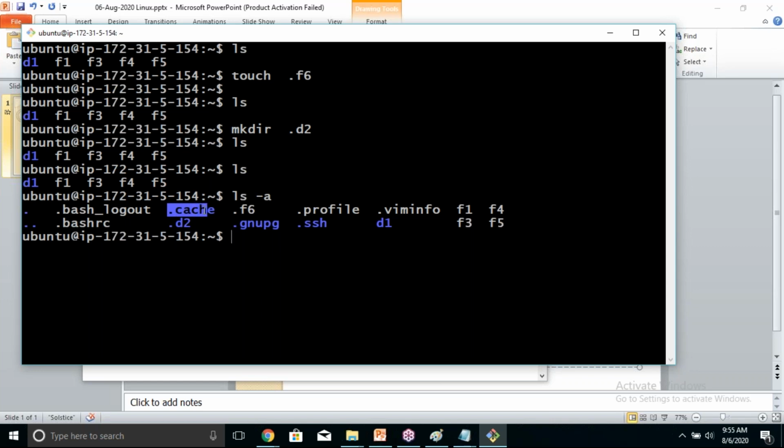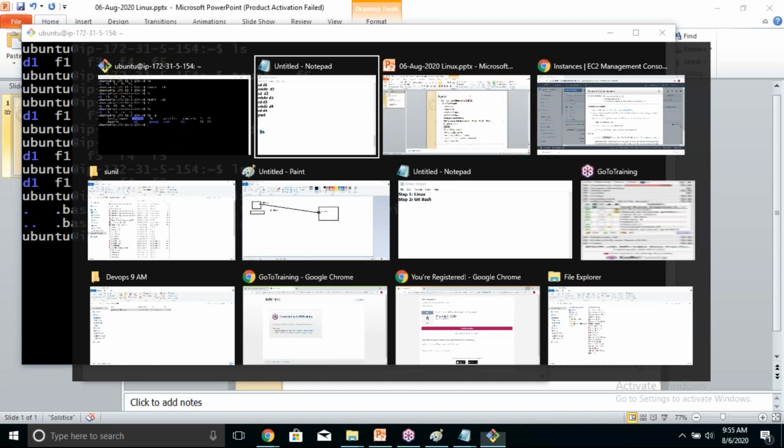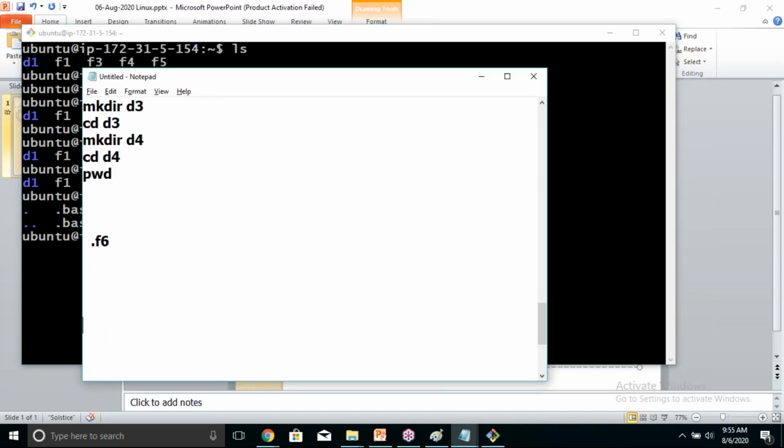Let's say you want to know the date and time when this hidden directory got created. You want to know the size of the hidden directory. You want to know the owner of the file. Owner of the file is nothing but the person who has created this particular file. This kind of more information you want to see. Yes, we can see it. Look at this. As of now, with respect to ls, we have come across three options. One is the normal ls command, which will show you a simple list of all the files and directories.